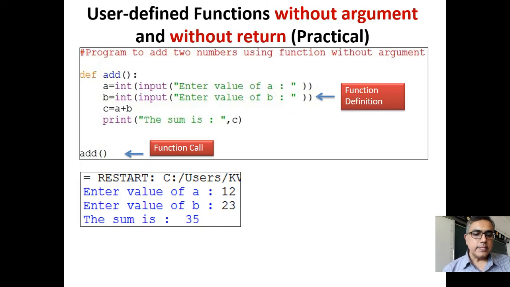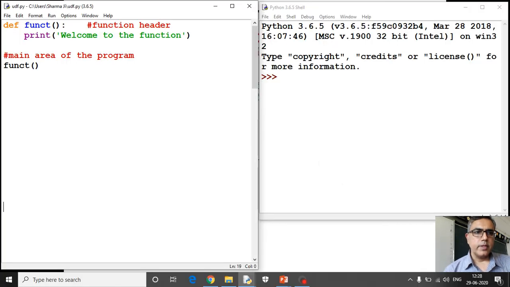Okay, so let us see one example of a simple function. See, I have created the simplest function here. What it is doing? It is just displaying one message, welcome to the function. So the function definition must start with the def keyword, def is a keyword, then the name of the function is funct.